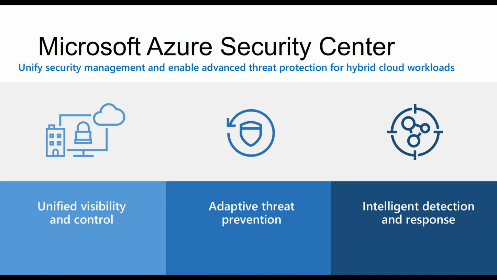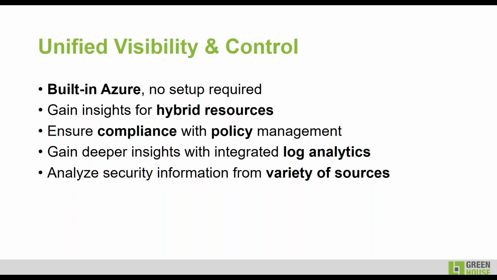Microsoft has so much machine learning going on. They get data from multiple third-party providers like Checkpoint and Barracuda. They also have their own database of the different malicious IP addresses and the different patterns that look like they could be an attack on your environment. They use all that information to intelligently detect whether there is some attack going on in your environment. So let's look at these three constructs in detail as pertaining to Azure Security Center.